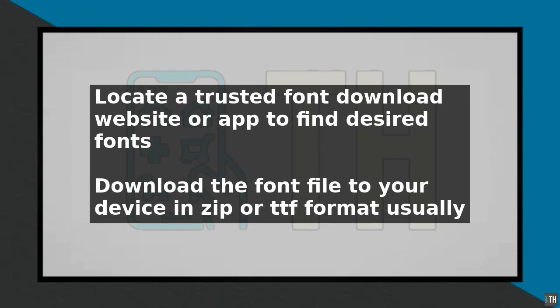To download and install new fonts on Android, start by locating a trusted font download website or app. There are several options available, including Google Fonts, DaFont, and 1001 free fonts. Once you have found a font you like, download the font file to your device, usually in a zip or